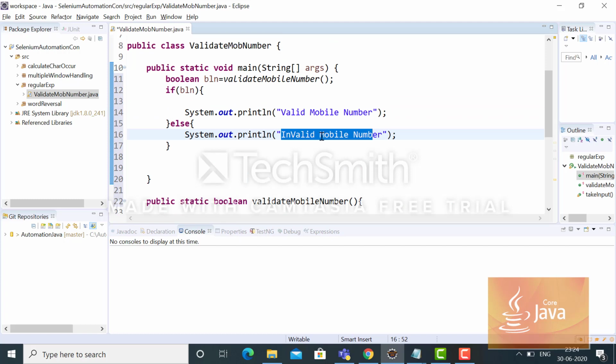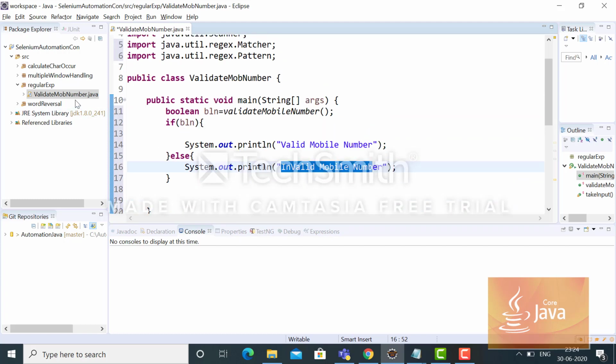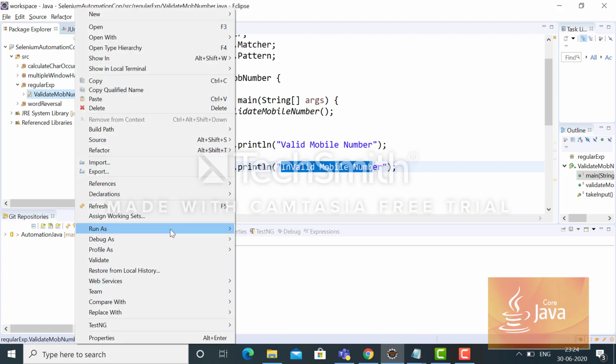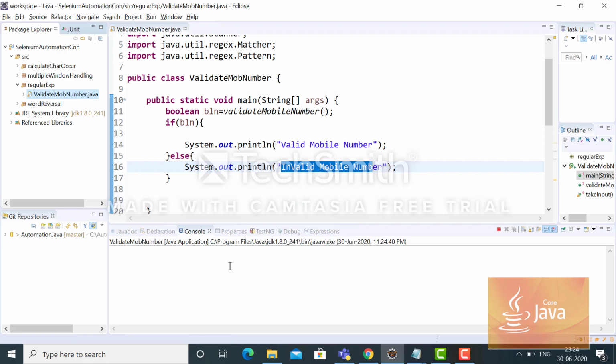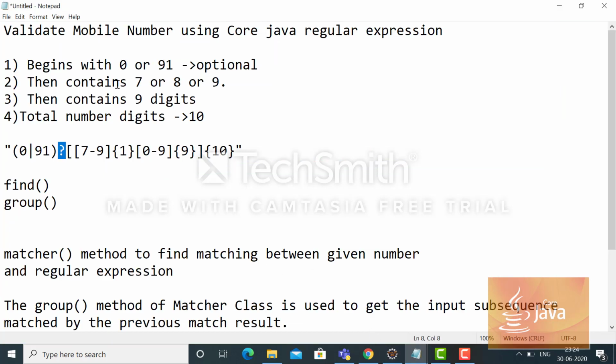Okay, so let me run it. We'll run with a couple of inputs. First, as per the condition, 0 or 91 it might have, then 7, 8 or 9.